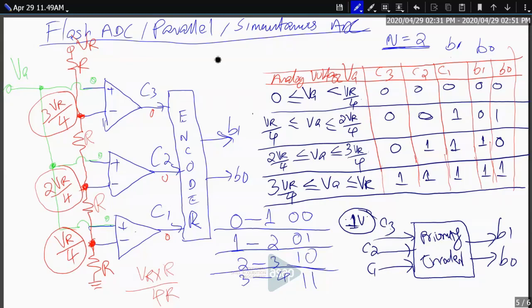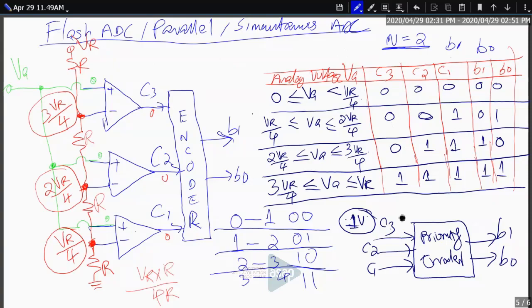Then another question, I couldn't clearly get it. Somebody was asking about the introduction of this decoder system, whether it will kill the purpose of the conversion. I think you're asking about the speed. Of course, the introduction of an encoder system like this, it's not a decoder, it's an encoder system, naturally introduces a delay, but we may not be able to do without that.